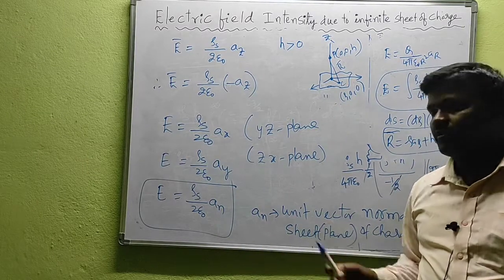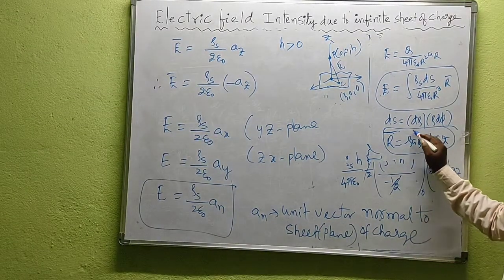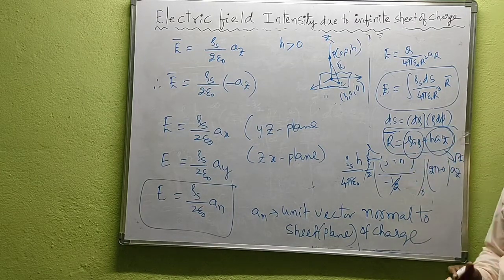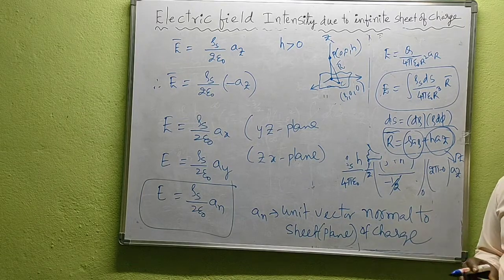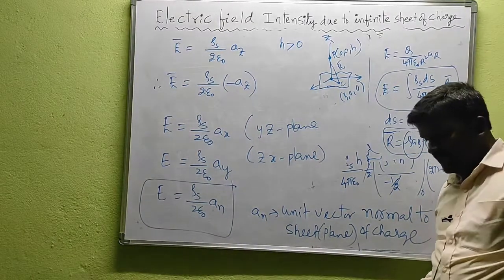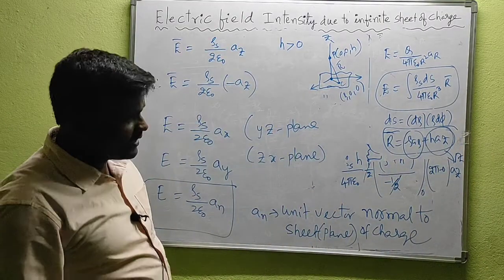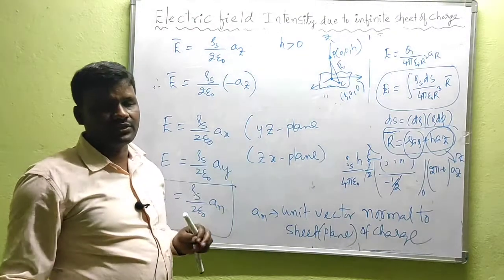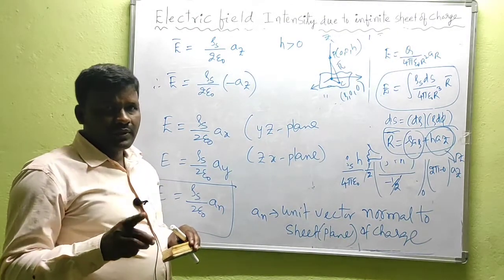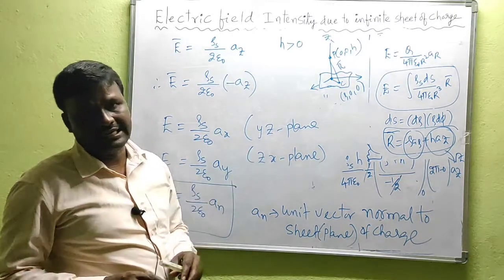Remember one thing, here we applied what? Symmetry of charge distribution. Basically we have E components along the rho direction as well as the z direction. But the component along the rho direction is cancelled out because of the symmetrical charge distribution. What is meant by symmetrical charge distribution? If there exists a charge along the negative rho direction, the same charge will exist along the positive a rho direction. So the component due to charge along the rho directions is cancelled out. Finally we have the component along the a z direction.